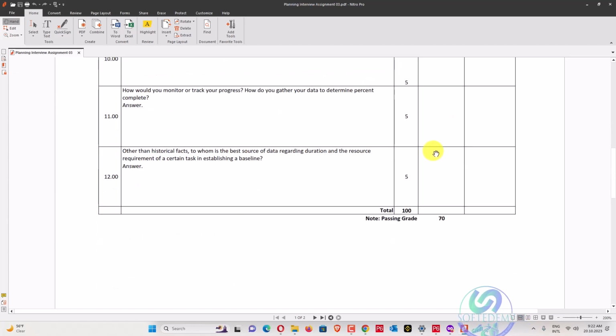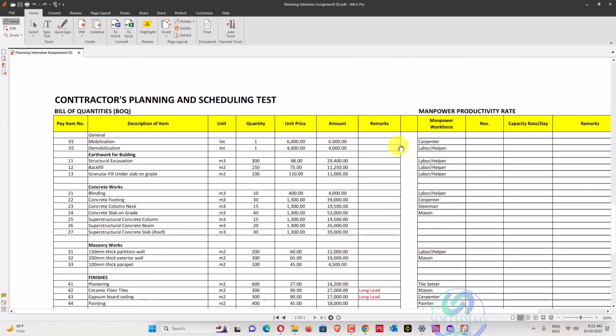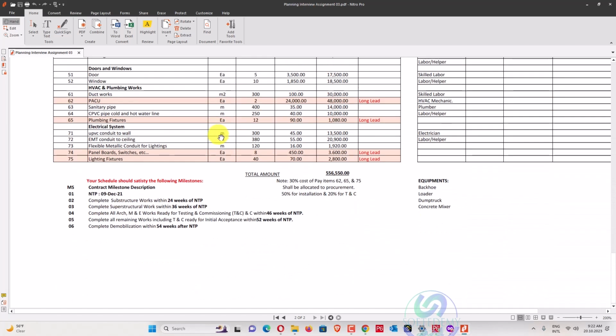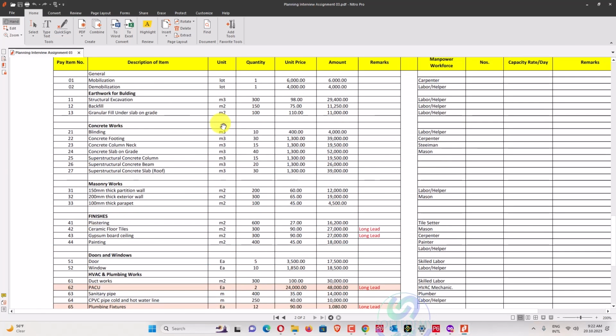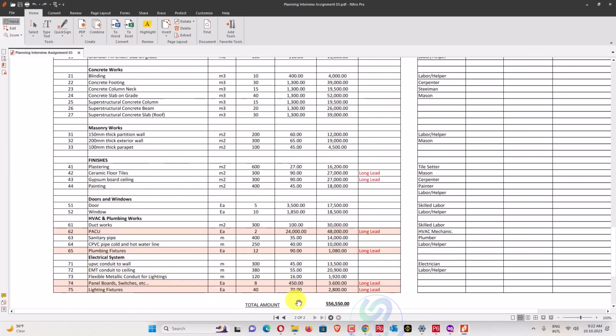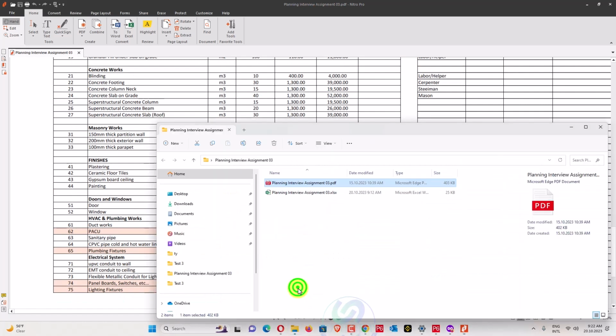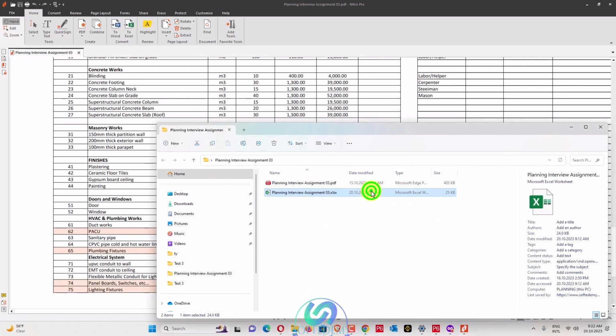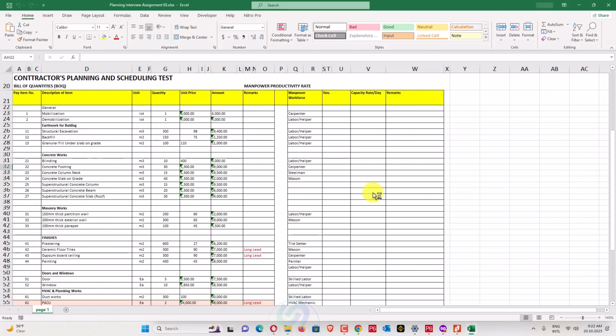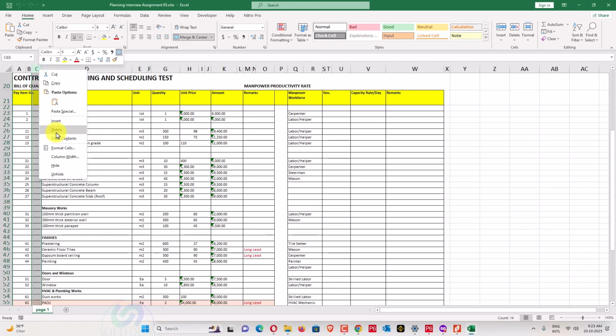So before wasting a lot of time, we'll go to our assignment, and to continue that assignment I have to just create that one in Excel, because Excel I can use that one easily. So I will also recommend you guys, play with Excel more while you are using Primavera P6, because it's very easy and it's very more convenient. So we'll just go here, and first of all I have just exported the file and converted that file into, you can say, Excel.